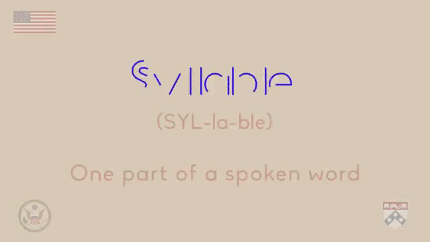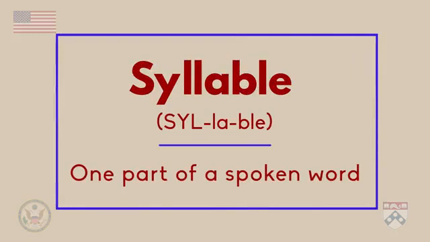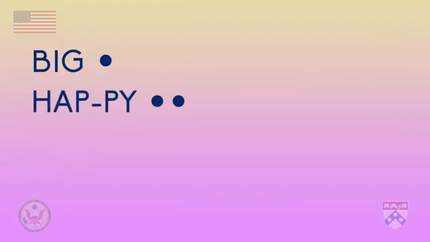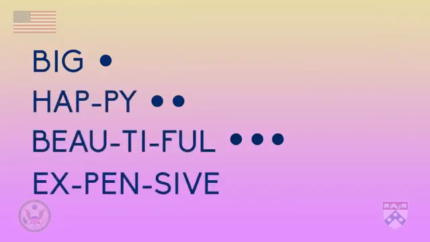There's one more rule to discuss. What to do with adjectives that have more than two syllables. A syllable is one part of a spoken word. They can be easier to hear if we clap while we say the word. For example, big has one syllable. Happy has two syllables. Beautiful and expensive have three syllables, so they follow a special rule when we make comparative